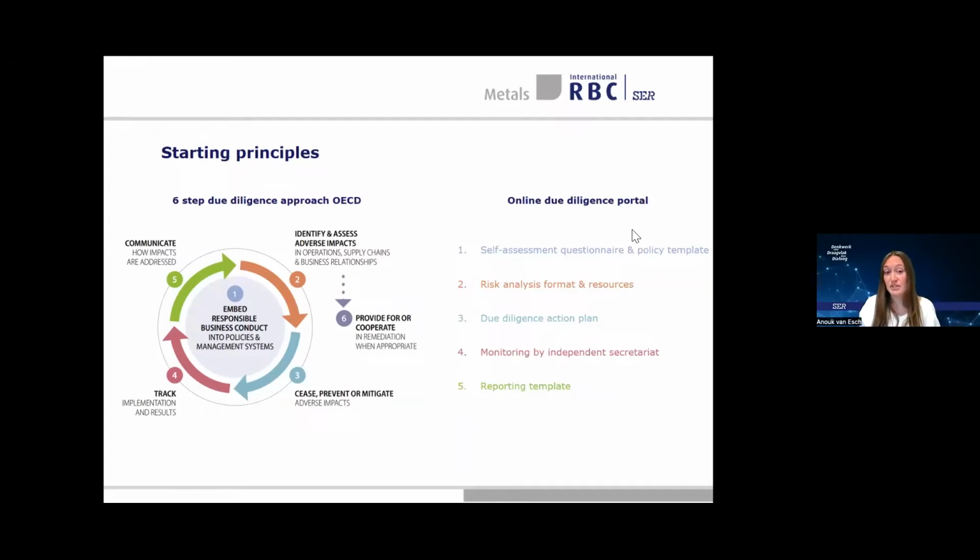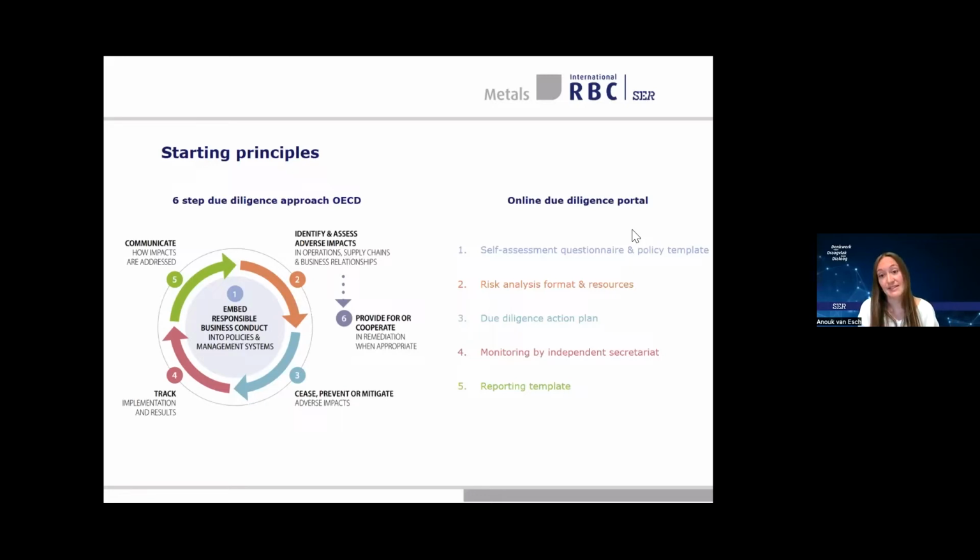So the starting point for the Metals Agreement in general are the OECD due diligence guidelines and the United Nations guiding principles. In the web tool, we also use the 6-step due diligence framework approach of the OECD as a starting point to create the different tools and templates or the elements in the portal, as you will see in a few minutes. So what we basically did is that we captured most of these steps. I think for most of you, they are familiar, but just to show you the link between our portal and the due diligence steps is that we take the companies through step 1 to 5 in different elements.